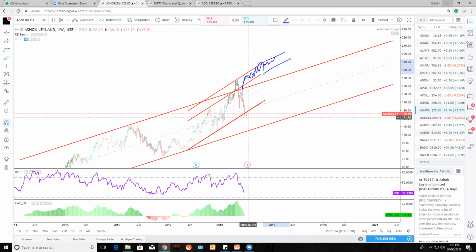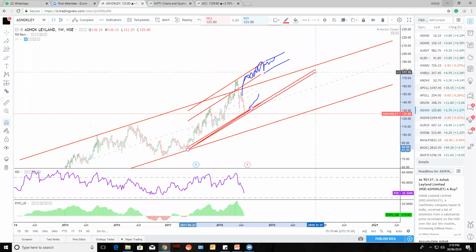If the price is hitting like this and when it is going down, for the downside also you can make a channel, a support. Let's say this is a support of the channel. So for the downside, it will become your support zone, and this will become your resistance zone. Okay. Let's take one more example.